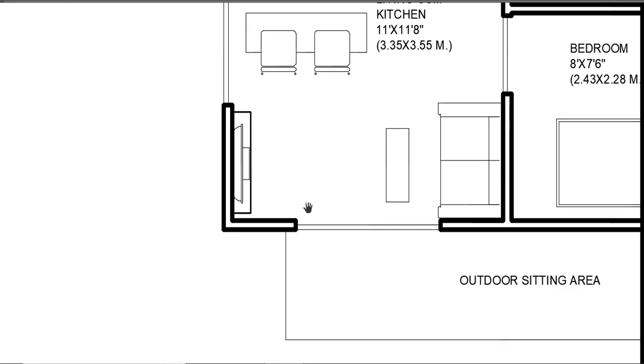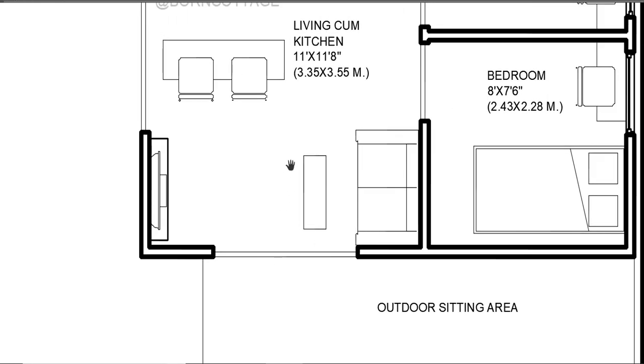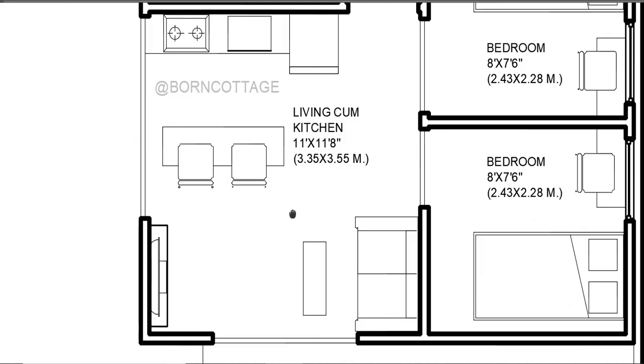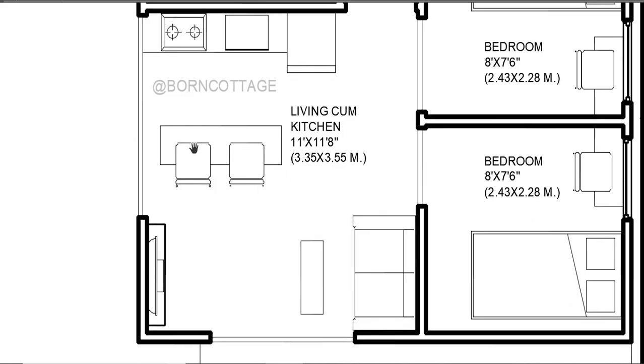In the front we have a sliding door here. After that we will go inside. So we have living cum kitchen area here. The size of the living cum kitchen area is 11 feet into 11 feet 8 inches, in meter 3.35 into 3.55 meter. You can see here the sofa arrangement, tea table arrangement and also a TV unit on the front